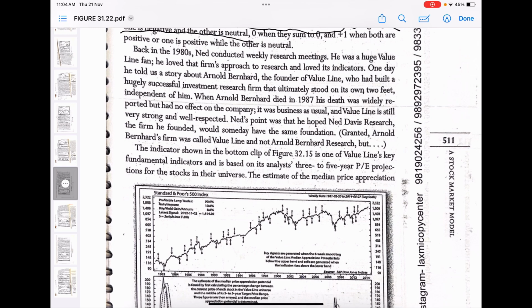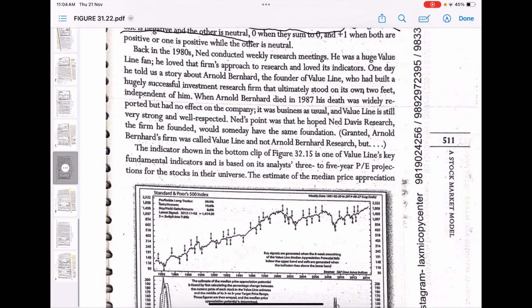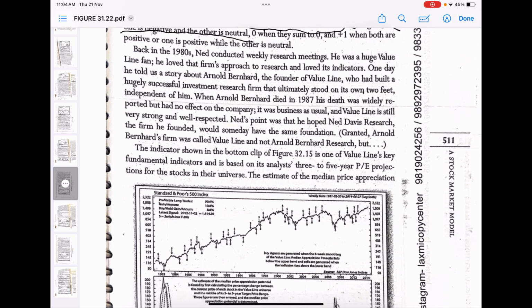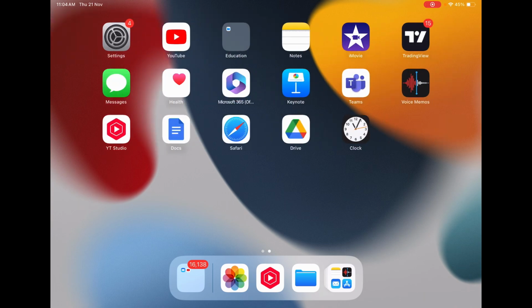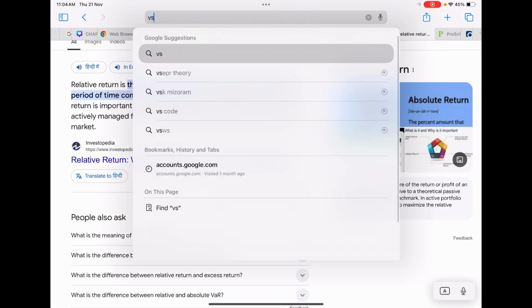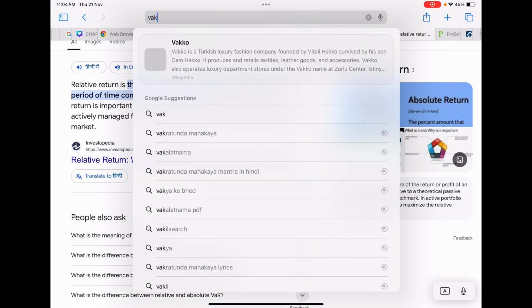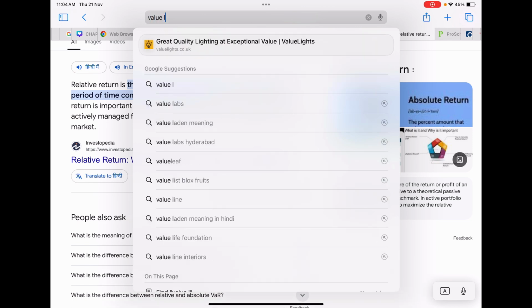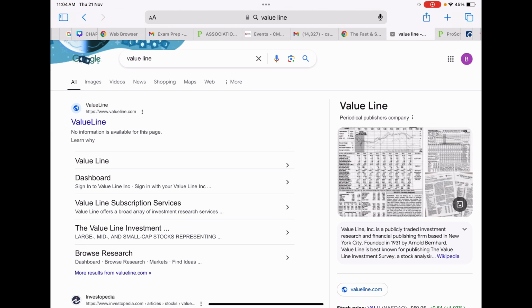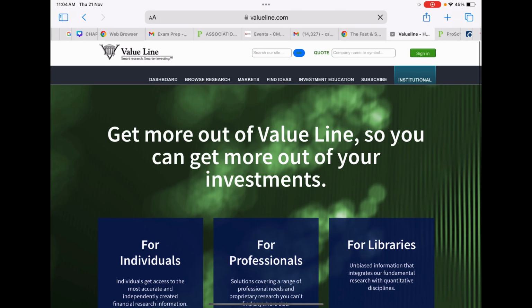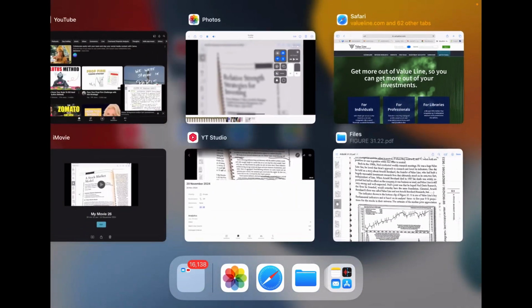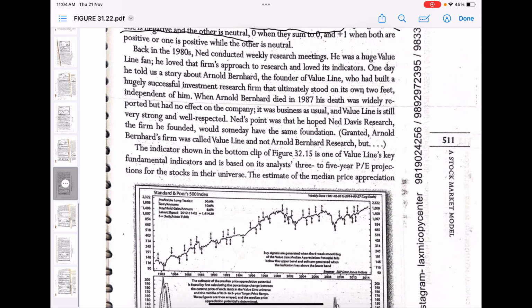Okay, so what is Value Line? In case you don't know what Value Line is, you can look it up on the net. Value Line is a very famous indicator, and it was originally a firm, and it is still being used to date. In fact, I can even show you that there's still a website for Value Line. Let me show that. Yeah, see, there's still the website for Value Line, so you can use it. It is very useful, and it gives you a lot of knowledge. We can even look at the Value Line indicator if you want.